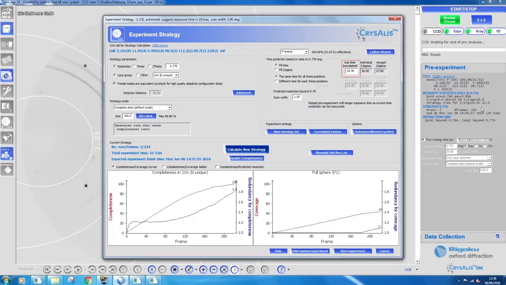A longer exposure time will yield better results, but too long can damage the detector. Press Calculate New Strategy if you have changed anything on the right-hand side of the screen. The total time will change automatically if you change the exposure times. If you are happy with the strategy,